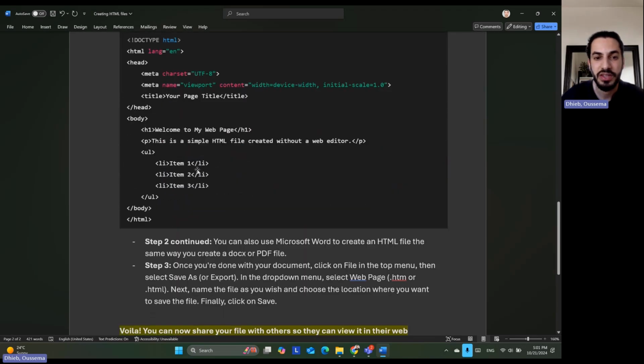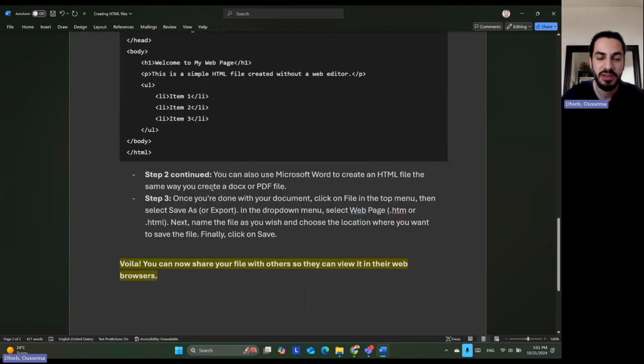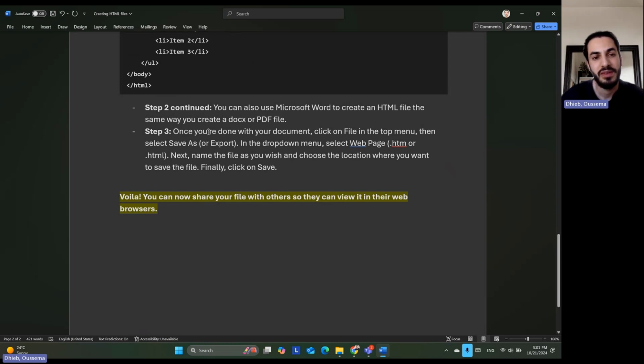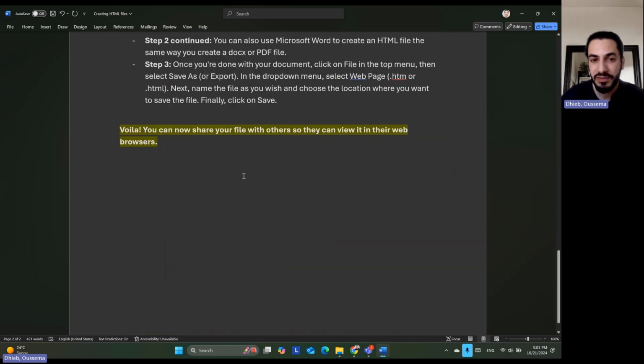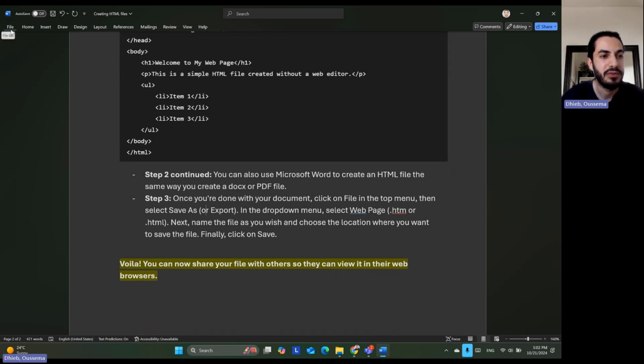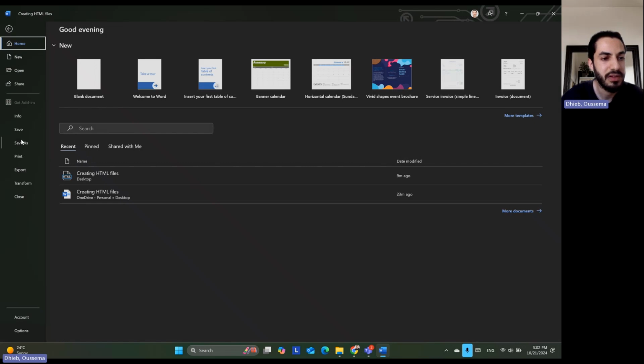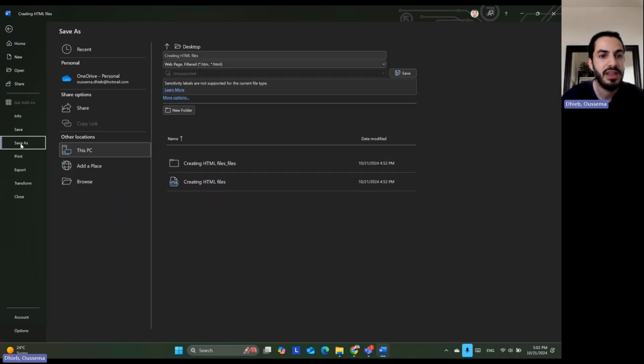If you don't have knowledge of HTML code, you can still create an HTML file like I am doing right now. So you just type your text as you would usually on Microsoft Word. And the next step is to save it. That's it. So for example, I have my Word file right here, and I will go to File, which is usually on the top left corner of the screen. I will click on Save As, and I will select